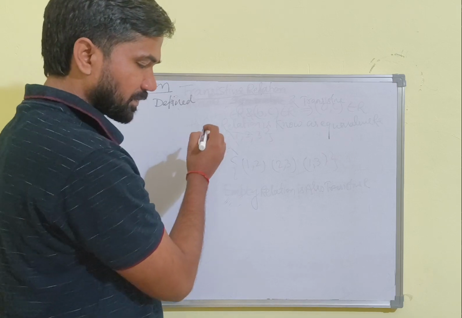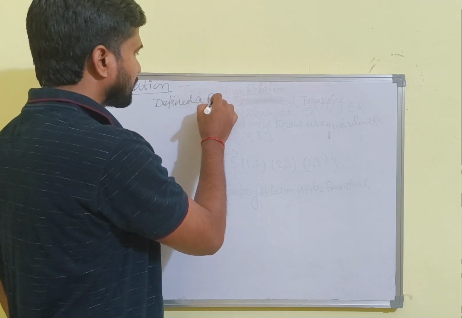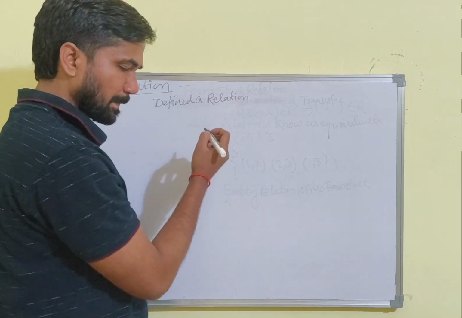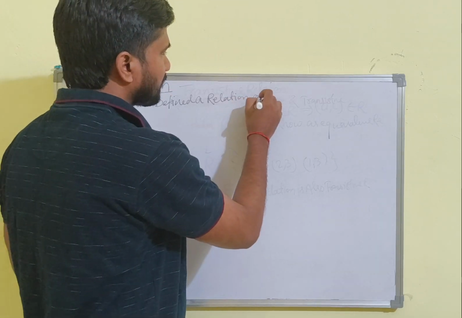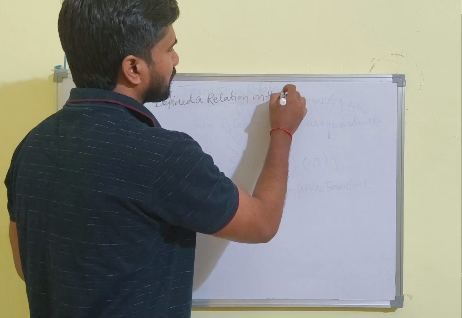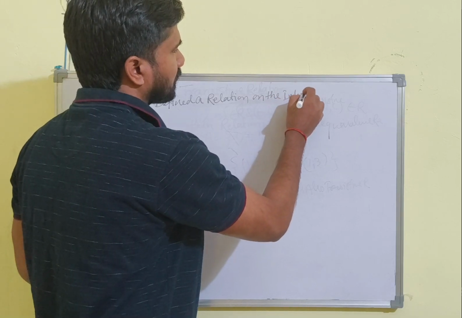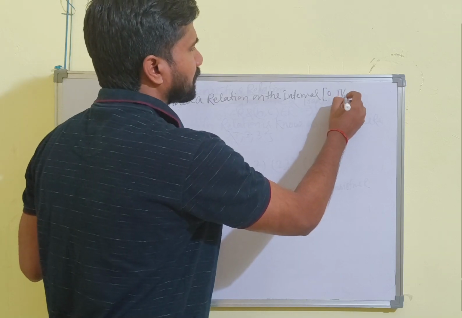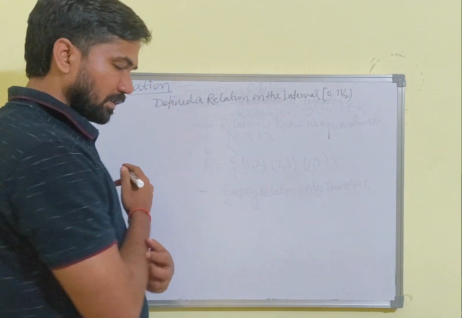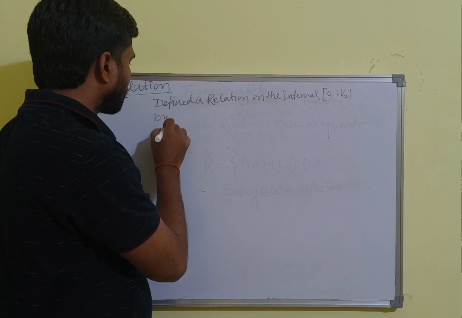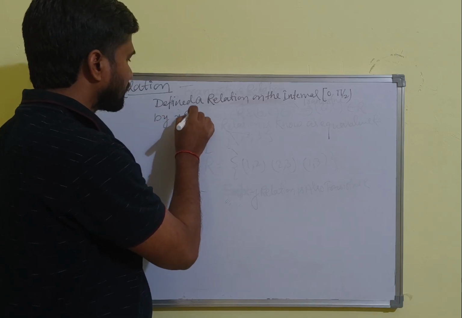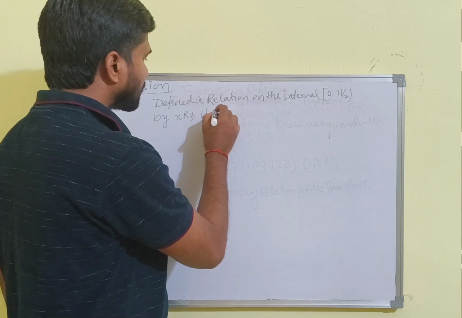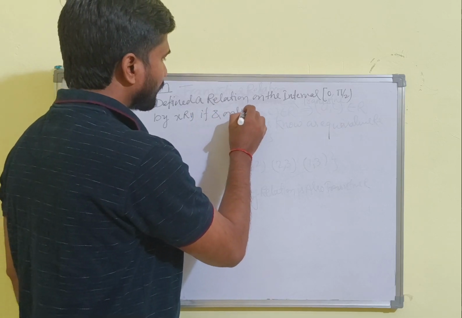Defined relation R on the interval (0, pi/2), open interval, by x R y, that is, x is related to y, if and only if